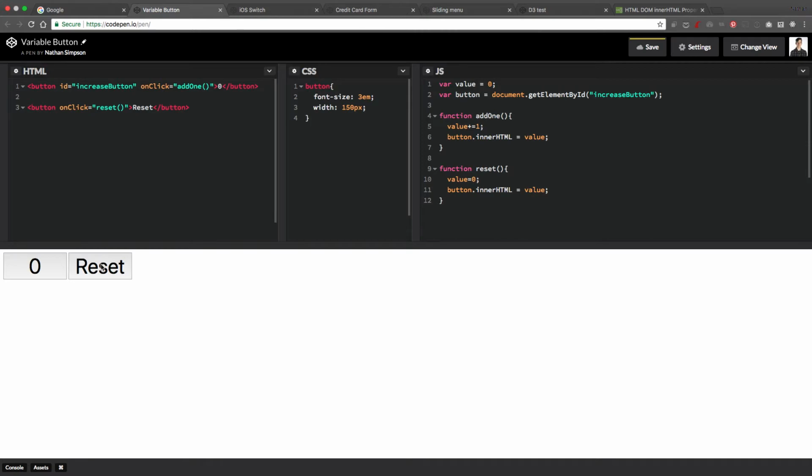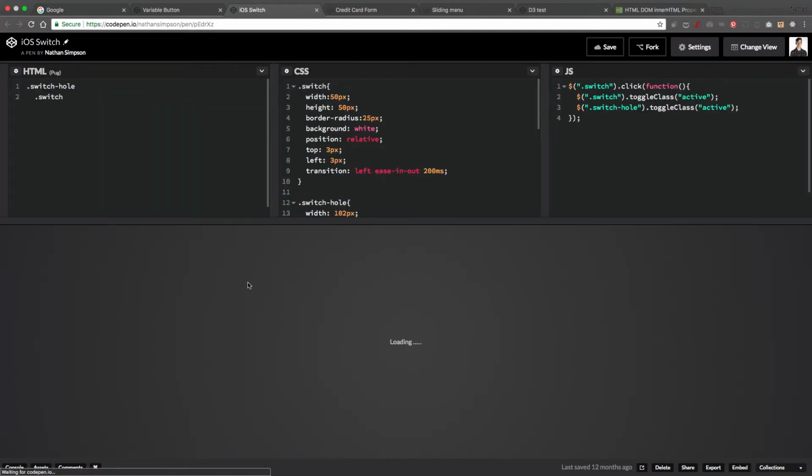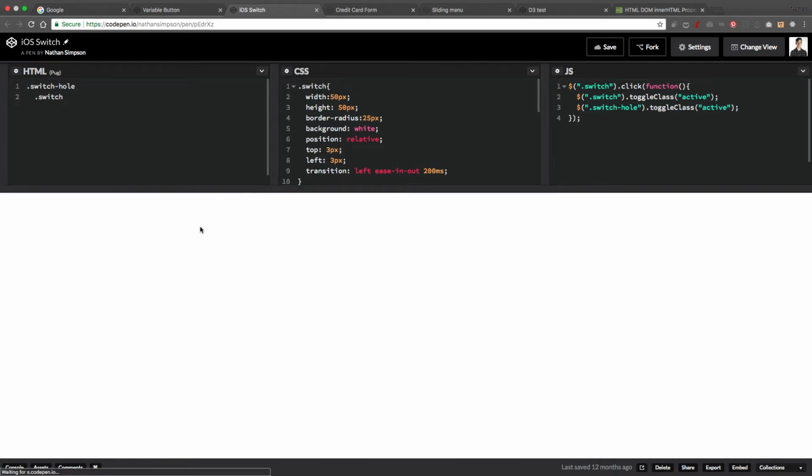I'll show you a couple of examples on how you can push this concept even further, with examples that I've made on CodePen. For instance, I've got this, if I run this, you see I've got a switch. I've remade the switch from the iPhone. So if I click on the button, it's going to set the background to green, and it's going to move that slider across. I'm basically just adding and removing classes, and you'll see that I've used jQuery